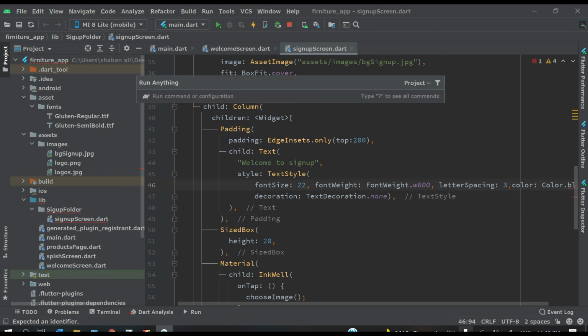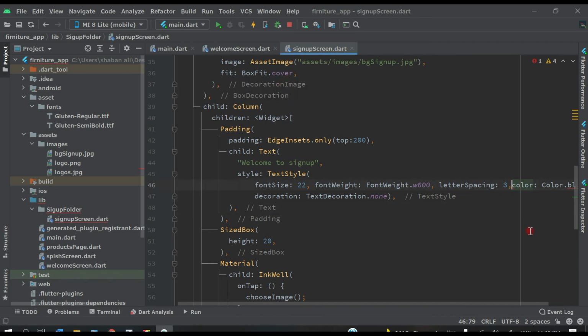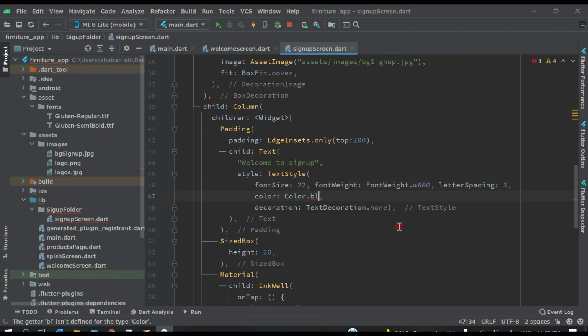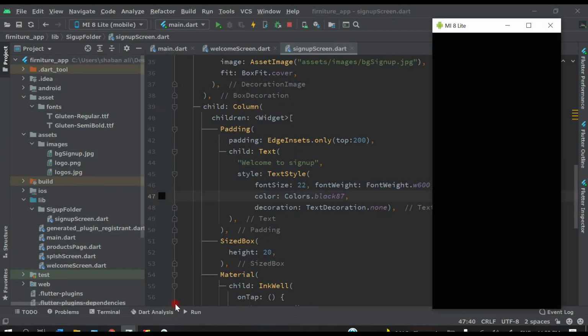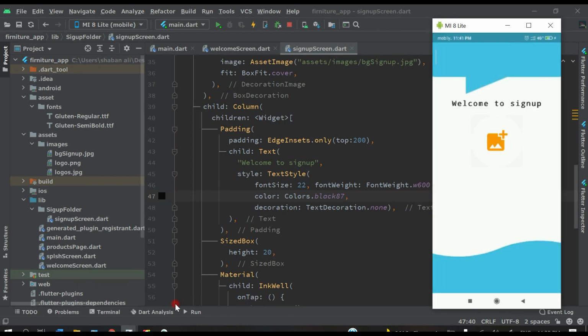Let's break the code first, guys, you will see it looks good. Then black, Colors.black87. Now hot reload here, and now you can see this is the heading here.